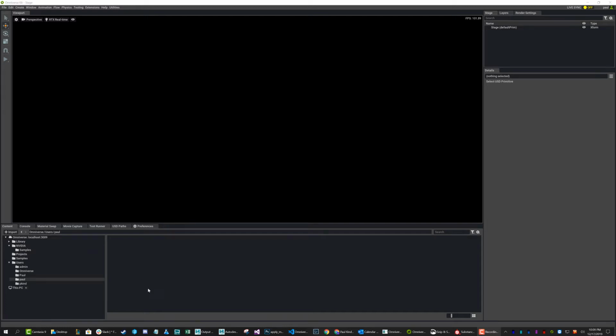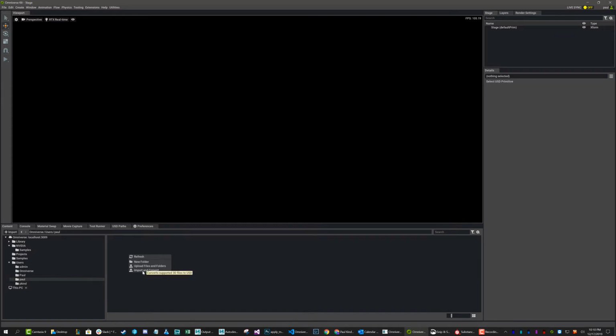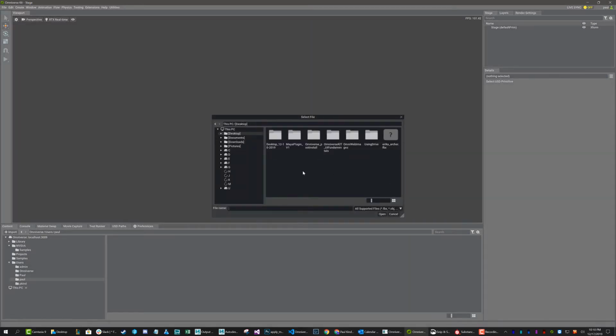One of the nice things about Kit is its ability to easily import assets. To do so, simply right-click into a folder where you'd like to import. Then go ahead and say Import and Convert. When you do, you'll be able to choose a location where you'd like to get a file from. In this case, I'm going to choose